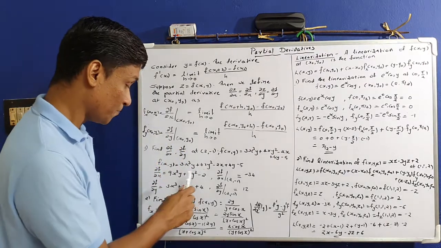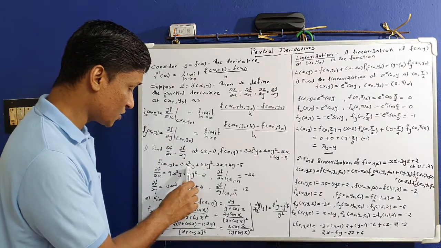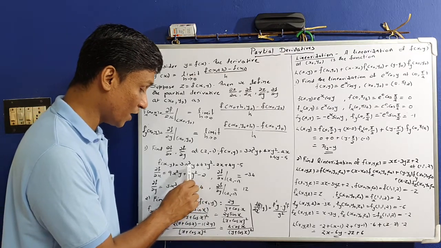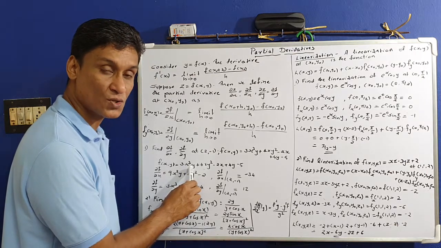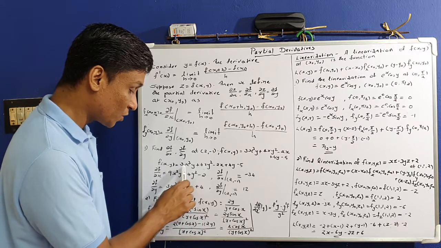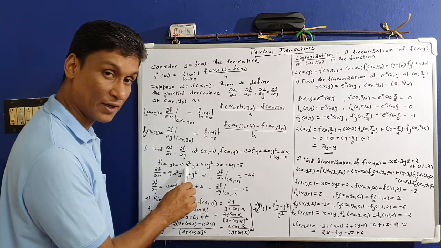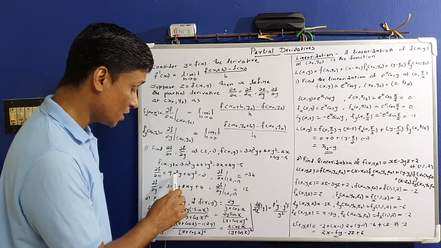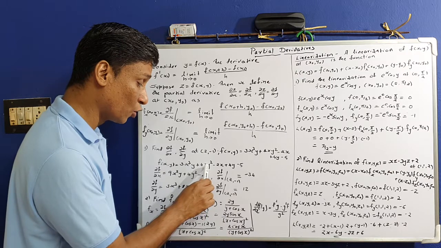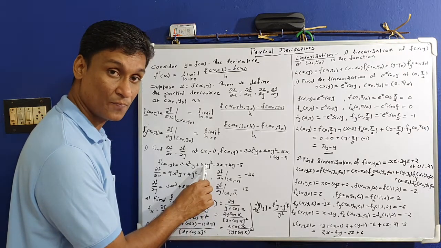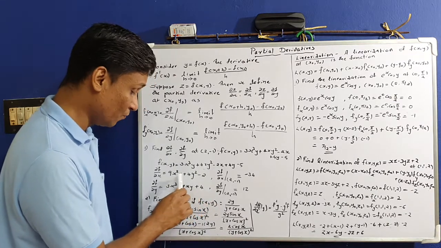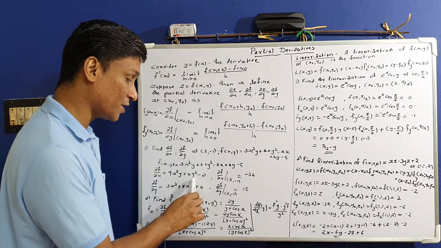y is a constant. Now if you differentiate the first quantity with x alone, you take y as a constant. So differentiating 3x³y, the differential of 3x³ is 9x², so the differential of 3x³y is 3 into 3x² into y, that is 9x²y, plus 4xy², here y is a constant. Only the variable is x. So its differential is 4y². So 9x²y plus 4y²